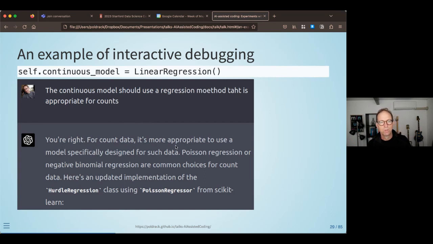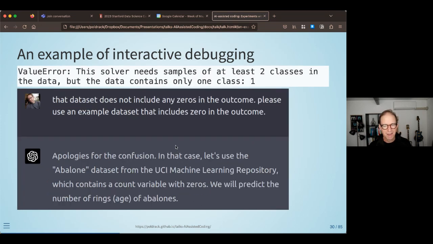But when I looked at what it had done, it's using linear regression, and that's not a model that's appropriate for counts. So I said the continuous model should use a regression method that is appropriate for counts, and it doesn't really care about my misspellings. And it says you're right. It always says you're right. It never argues with you. So for count data, it's more appropriate to use a model designed for such data, like Poisson regression. So it's going to use the Poisson regressor, which turns out to not be exactly right, as I'll come back to. So then it tries to run it, but it has an error because the data